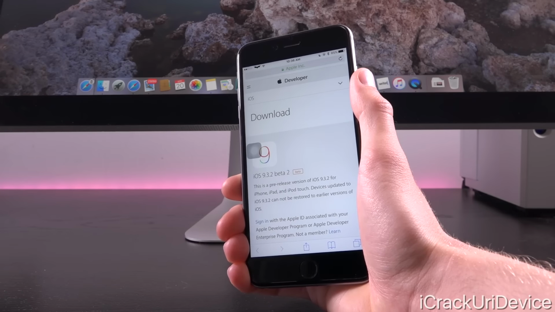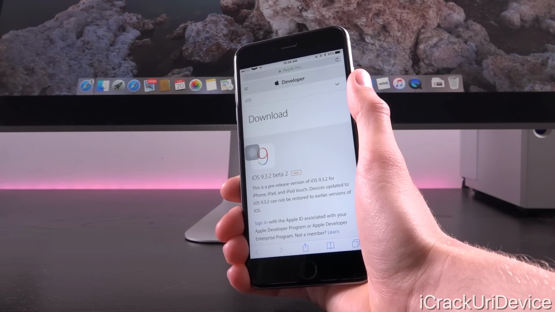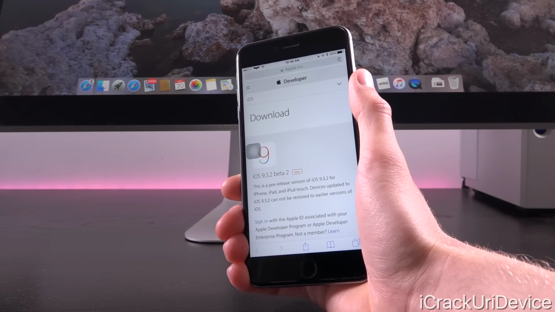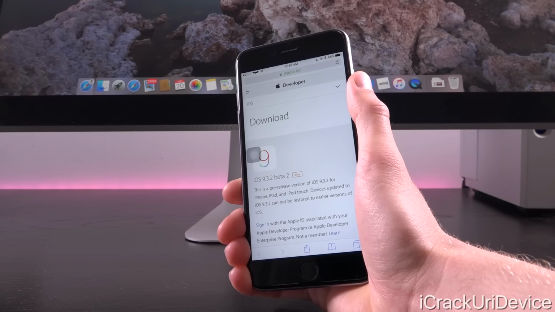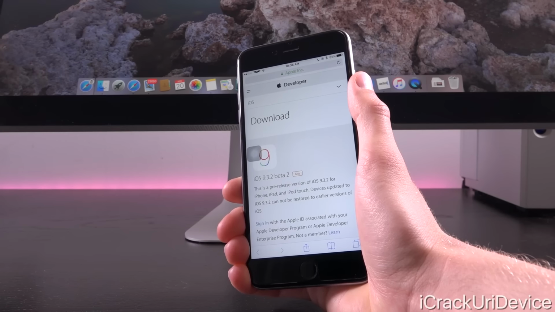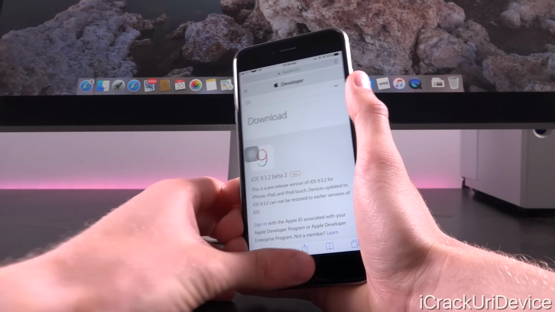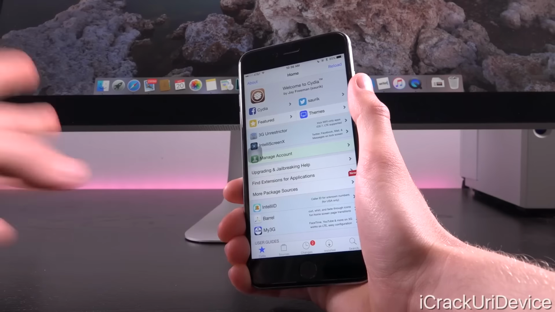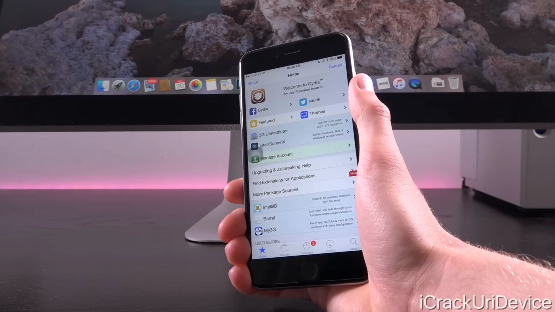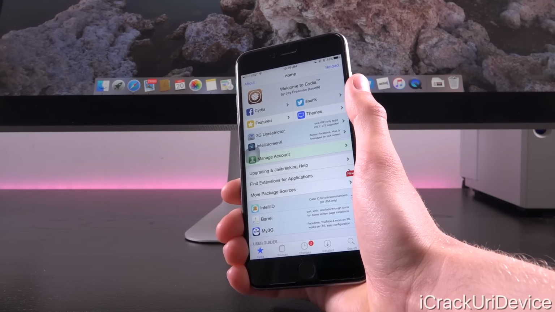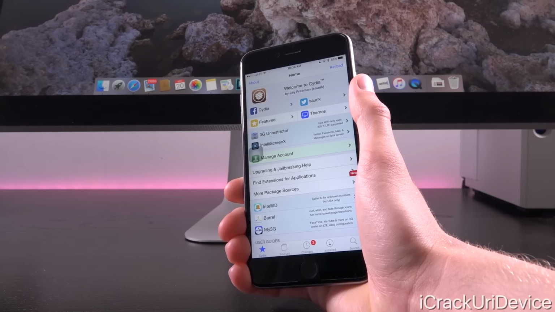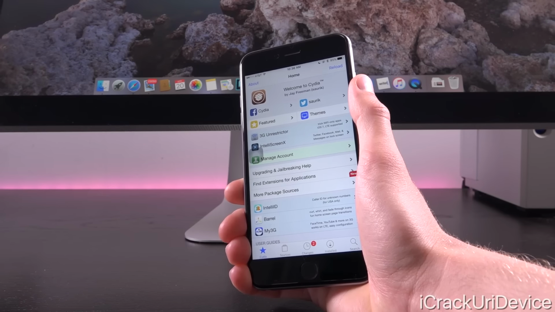So iOS 9.3.2 will be coming shortly. Today's beta just kind of pushes it back a little bit further. We may expect it as early as next week or the following week, and then hopefully from there we will receive a brand new jailbreak utility to support said firmware with retroactive support all the way from iOS 9.2 up to 9.3.2. And we're hopeful for this because we know that both Taiji as well as Pangu are actively developing and working on new jailbreak utilities.